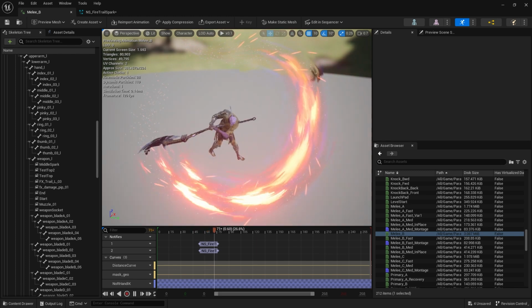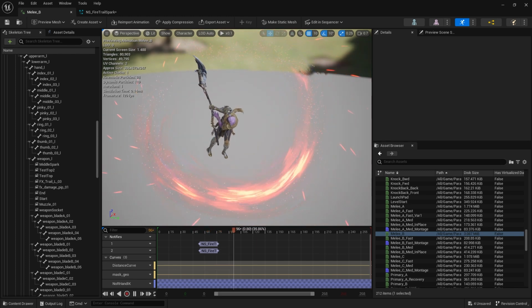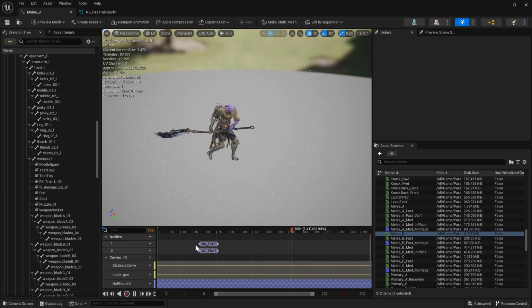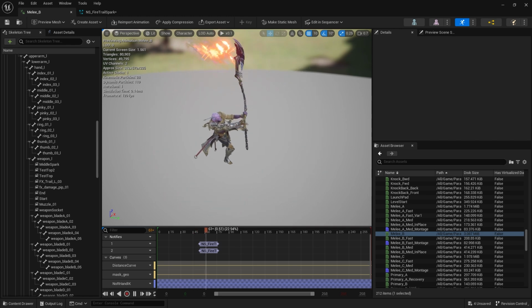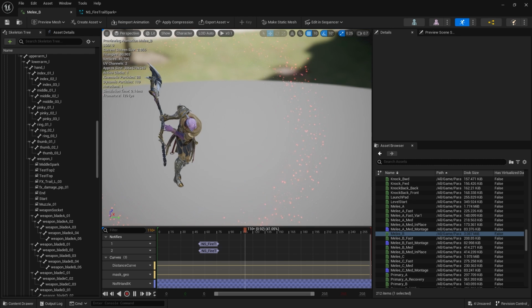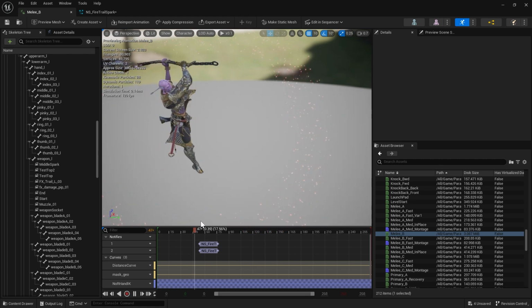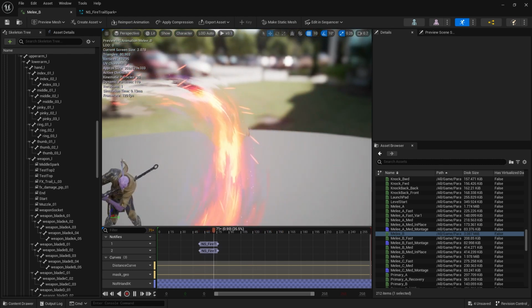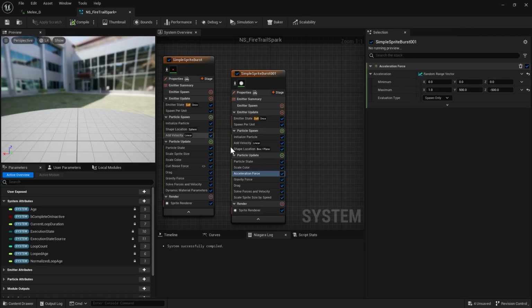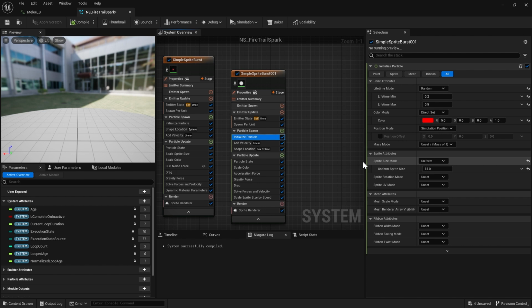And maybe, you know, maybe we add a different material to this. Could it make them look better? I wonder. Let's make a new material and see if it helps these sparks. Although I'm seeing that they look fine right now. They could be thinner. That's definitely it though. They could be thinner and